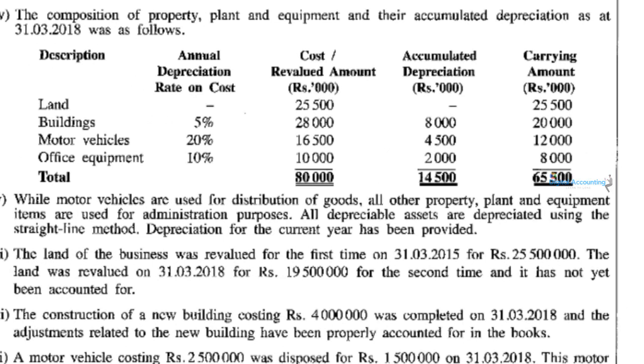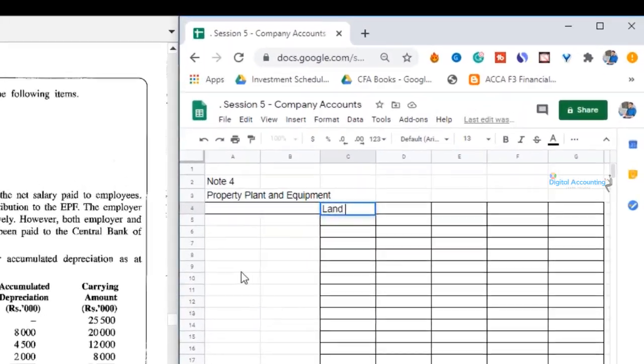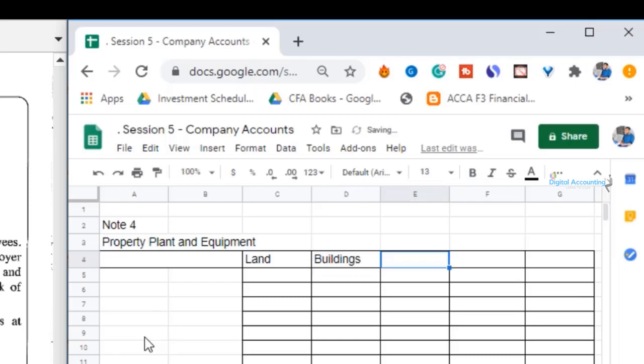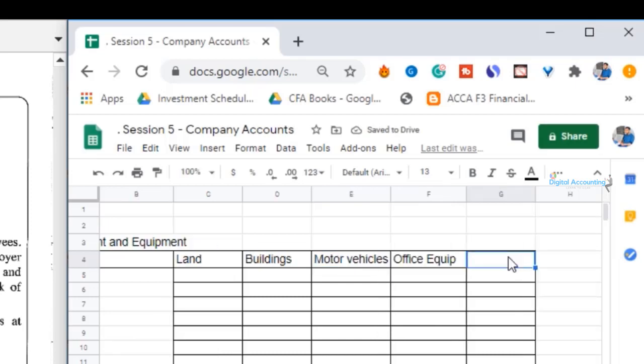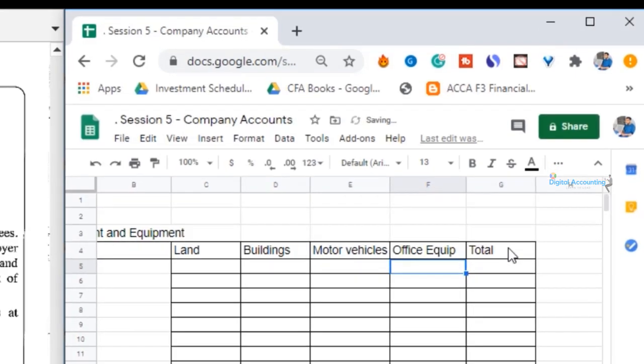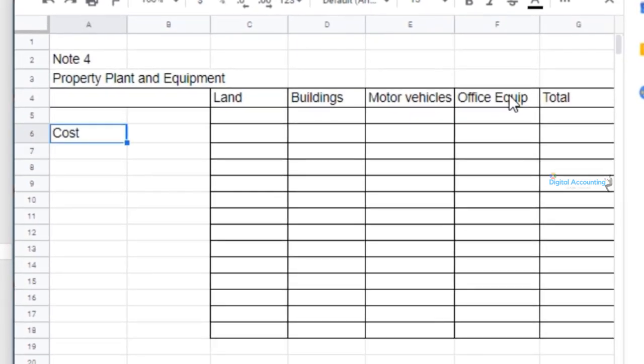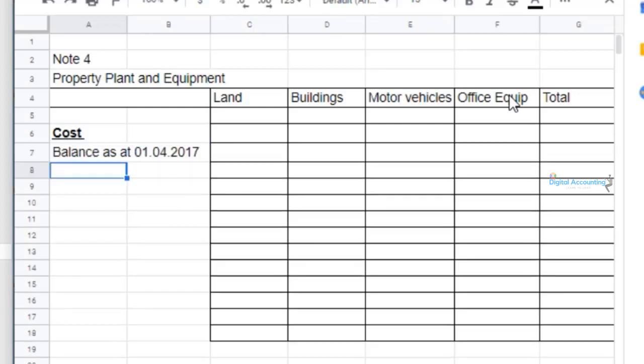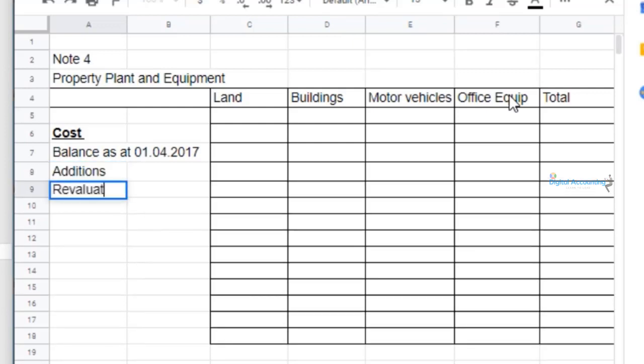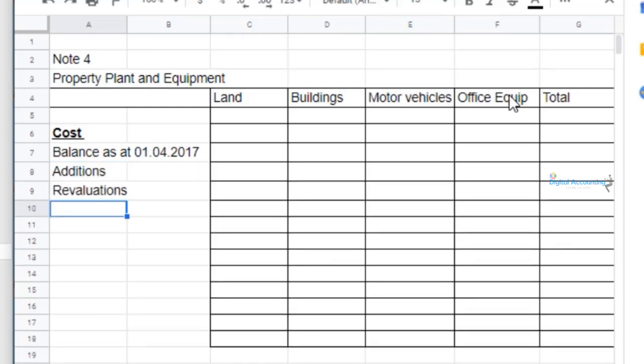Additional information number 4 outlines the property, plant and equipment details. We can write the types of assets from the additional information 4 table. So we have land, buildings, motor vehicles, office equipment and total. Normally we will have cost. In the cost account, we will have the opening balance, balance as at 1st April 2017. It might be additions, we can have additions. Sometimes we can have revaluations,